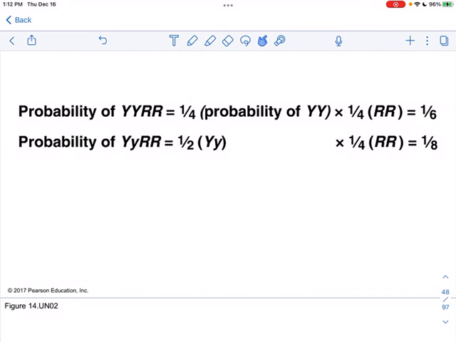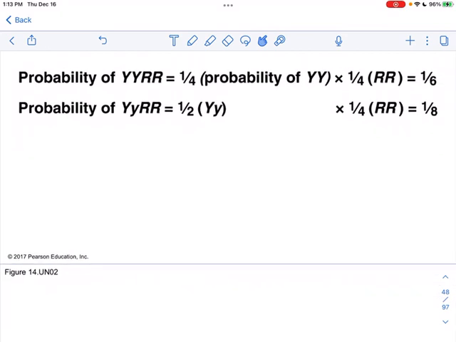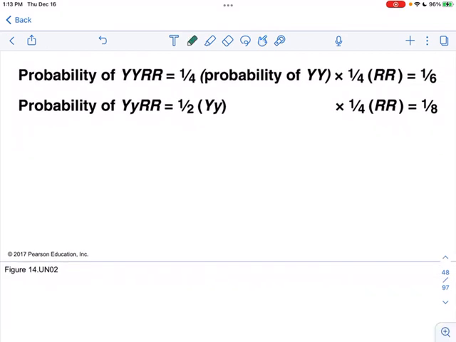So for instance, if we take a parent who is big Y, little y, and big R, little r, and we cross that with a parent that is little y, little y, little r, little r, and I ask you, what is the probability of getting